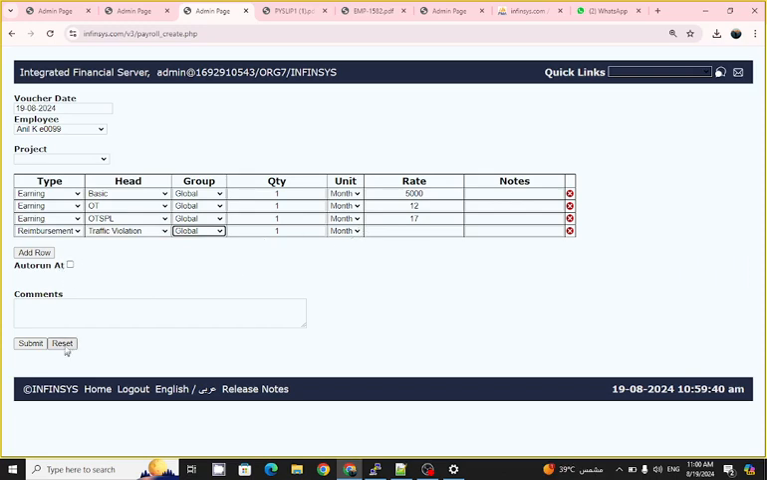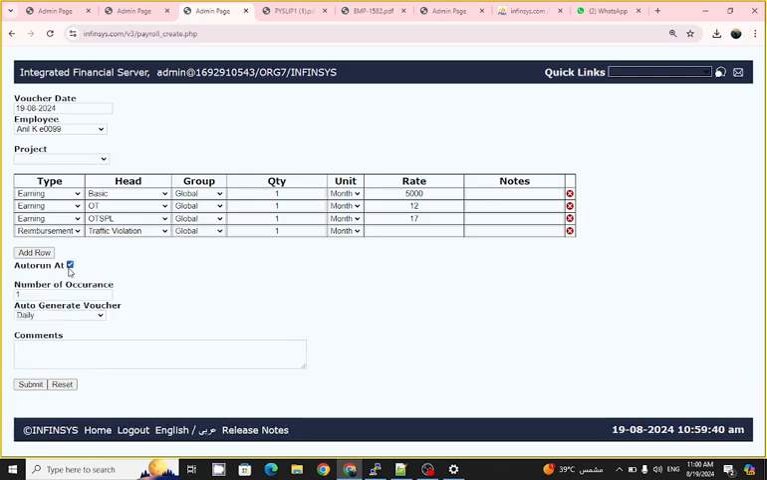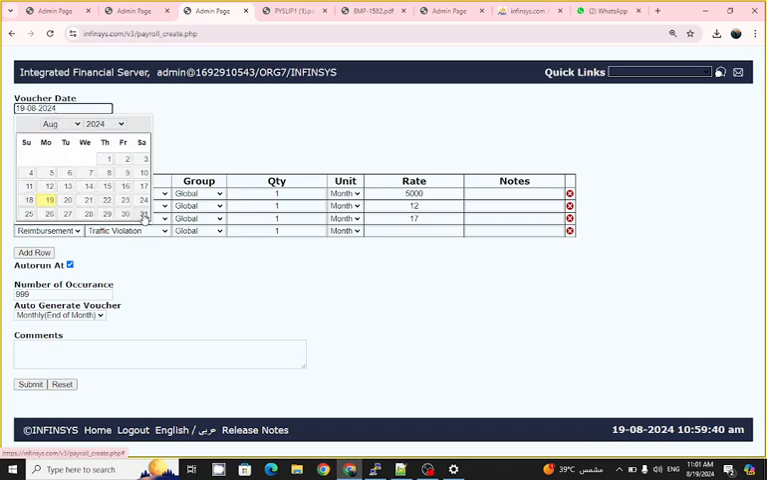Okay, then you make it auto run at number of occurrence. You make it one, in months. And choose end of month. If you choose end of month, here the date is 19. Okay, so it will run next month on the 19th. Or if you put 31st, it will run at end of month. It means if the month is 28 days, it will run on the 28th. So if you put the last date,